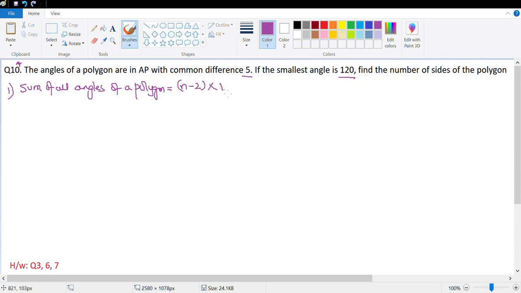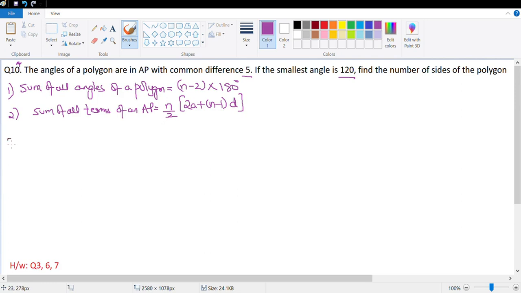180 degree. Correct? And sum of all terms of an AP is given by the formula n by 2 times 2a plus n minus 1 times d. Perfect. So the number of angles is equal to n in this case. So since the sum of all angles will be equal to the sum of all terms of this AP,